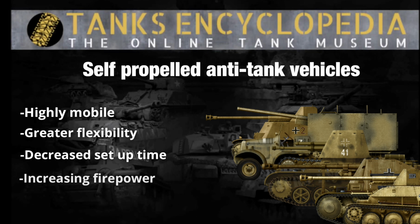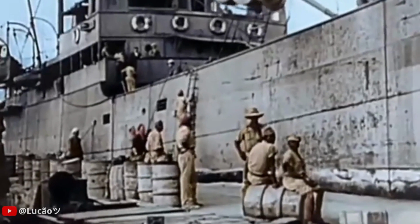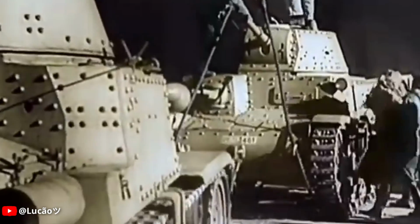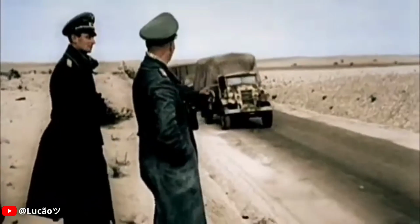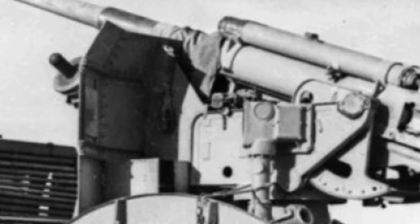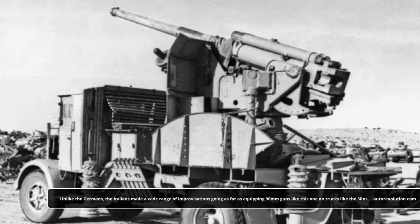Additionally, the demand for stronger firepower was crucial, particularly against well-protected British tanks like the Matilda II. Due to the urgent nature of the project and the lack of readily available options, the Germans had to resort to improvisation. They needed to mount a powerful gun on either a truck or a half-track chassis as quickly as possible. Although using a truck chassis would have been more cost-effective, there were concerns about its ability to bear the weight of the gun, crew, and additional armor. On the other hand, a half-track chassis offered greater strength and mobility, making it a more suitable choice for the